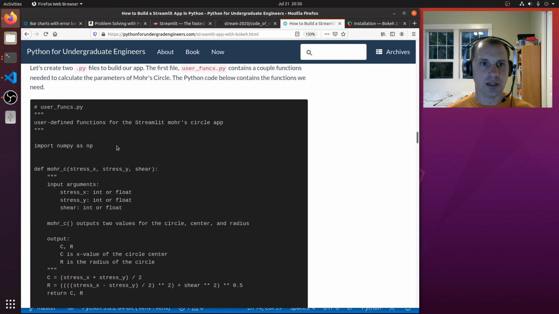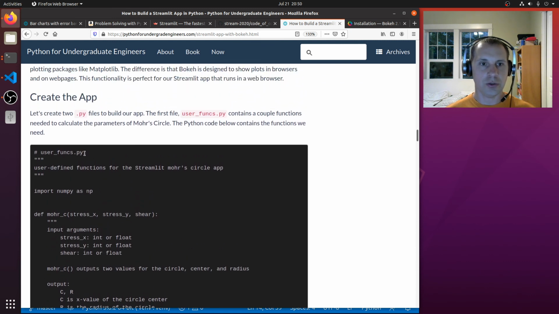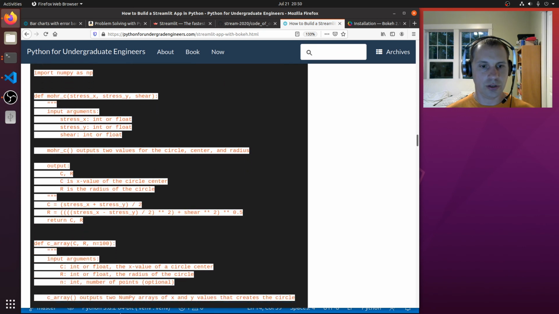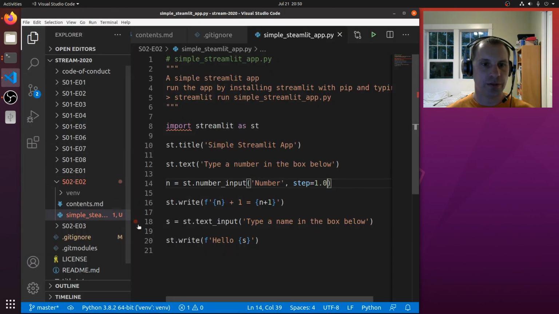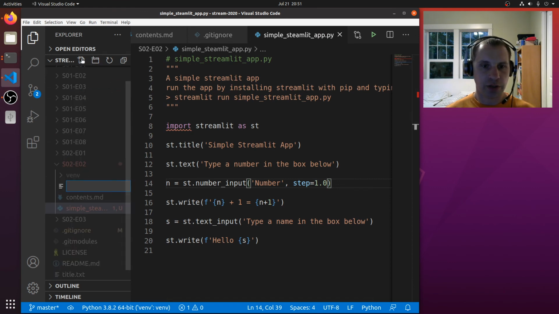So let's create the user underscore funcs file first. From the blog post. So we'll go back here, and then we'll add a file, call this user_funcs.py,